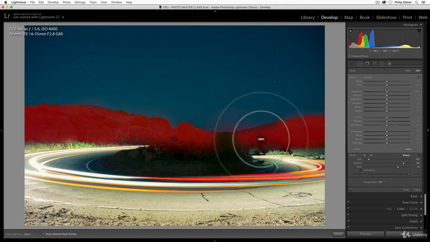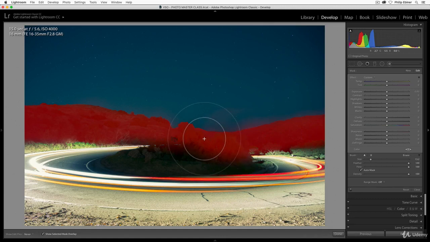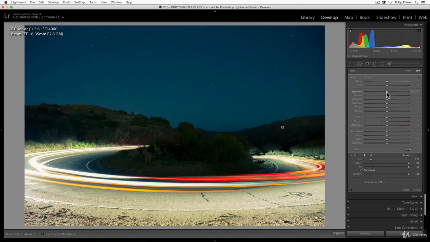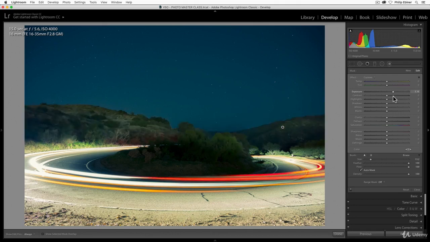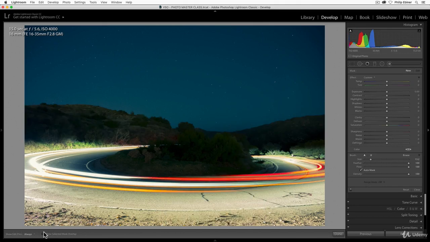It still has the auto, actually it doesn't have the auto mask on. We'll include that so it knows that I'm trying to get those hills. And then let's go back to the brush by clicking the A down there. All right, so now it has sort of intelligently selected the hills. Let's turn off selected mask overlay. And now if we increase the exposure, it's kind of done it in an intelligent way for us. This doesn't always work, so you might want to try just doing it manually with the auto mask selected off.